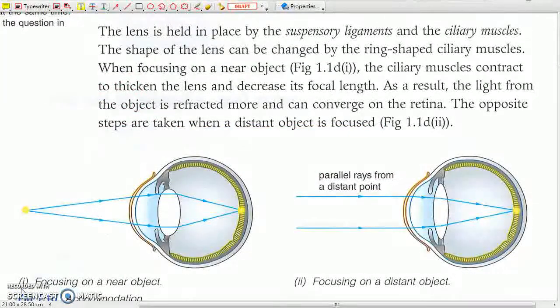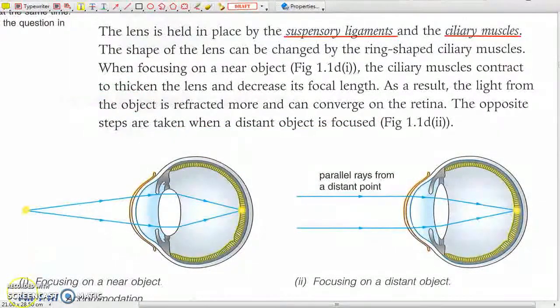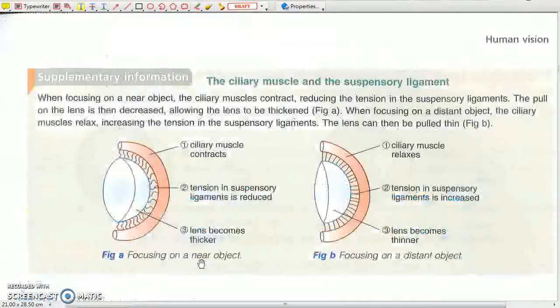So, how to change the shape of the eye lens? Well, the lens is suspended. Yes, suspended by ligaments named suspensory ligaments, like threads or fishing cord. Their tensions are controlled by the circular ciliary muscles. When the eye focuses on a near object, the ring-shaped ciliary muscle contracts and it shortens. The suspensory ligaments get loosened, and so the lens restores its shape and bulges, forming a thicker lens with shorter